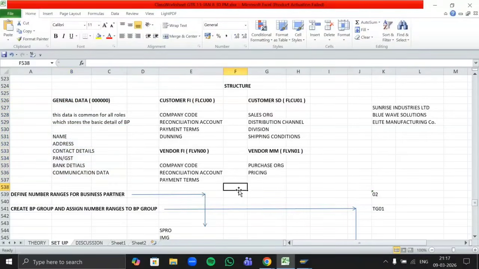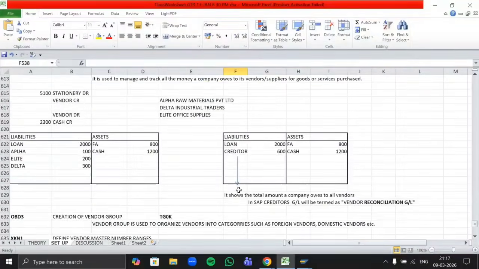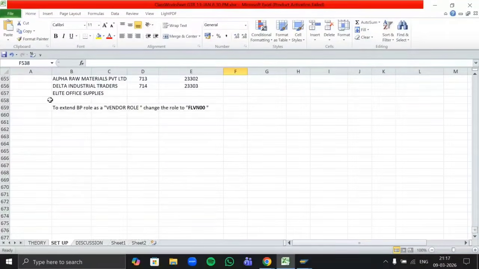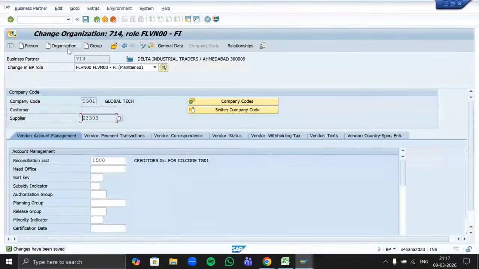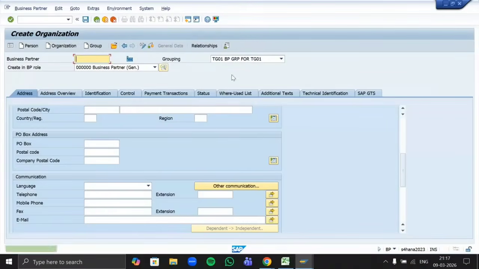So let's do the same thing in the third vendor. First of all, let's create this business partner as Elite Office Supplies. The same process. Go to organization. Grouping is already mentioned. BP role is which role? It shows as a general role, that is the business partner role.